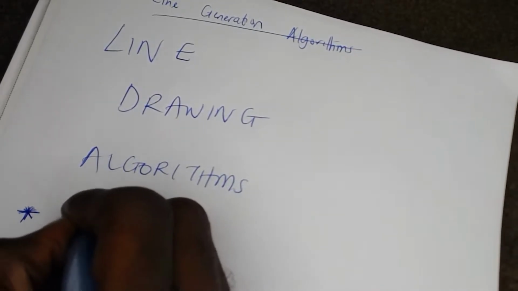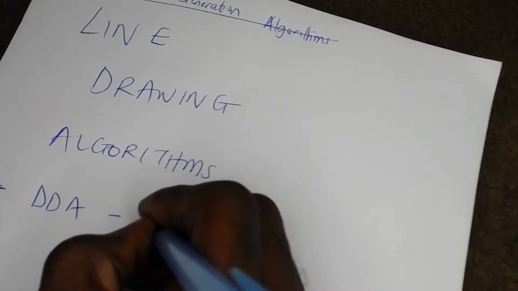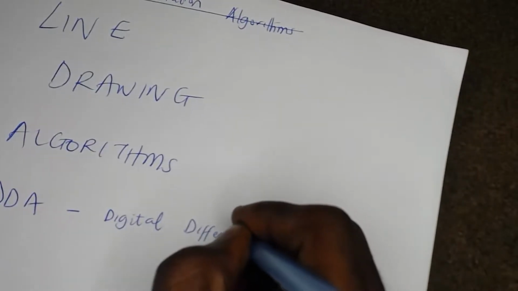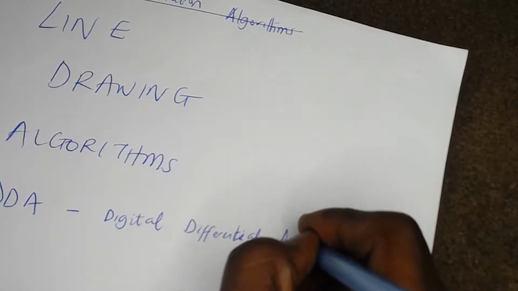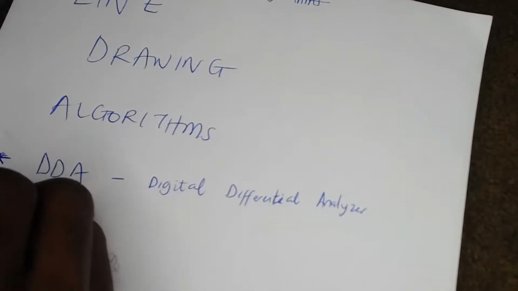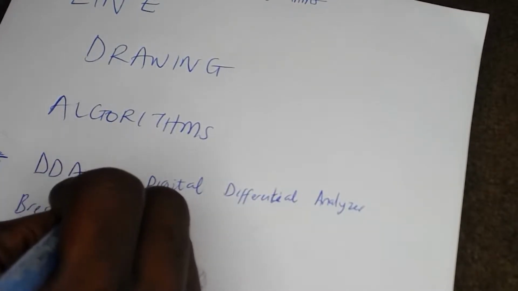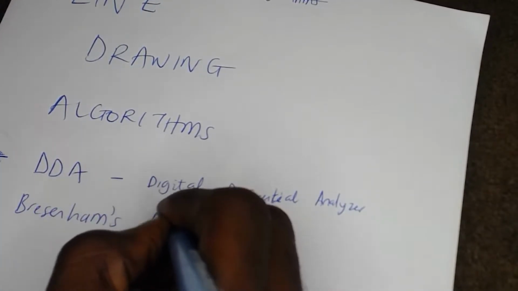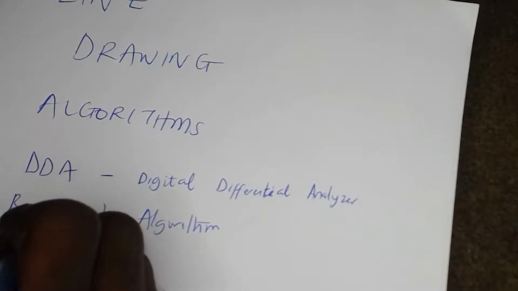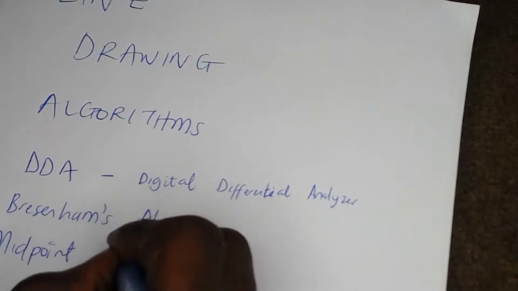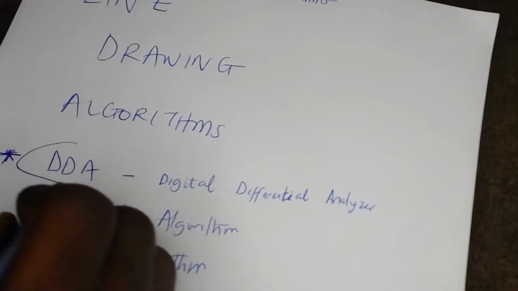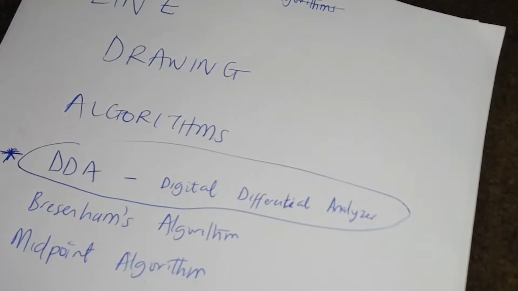The first one is the DDA, which is also called the Digital Differential Analyzer Algorithm. That is DDA, Digital Differential Analyzer. The second one is called the Bresenham Algorithm, while the third one is called the Midpoint Algorithm. In today's lecture slide, I'm going to show you how to use the DDA algorithm, to draw a certain